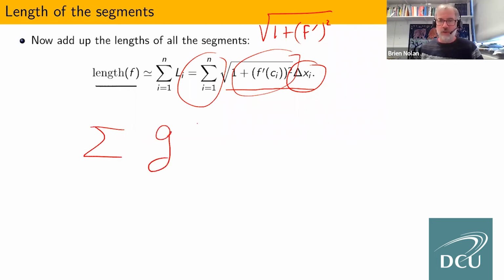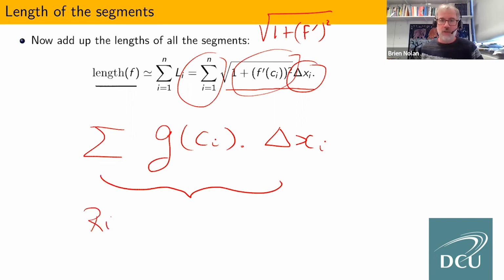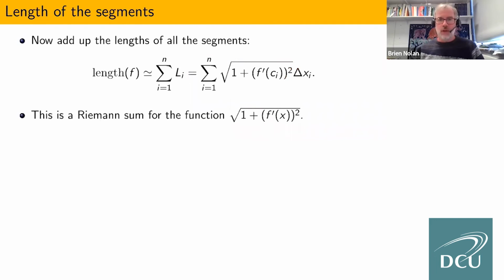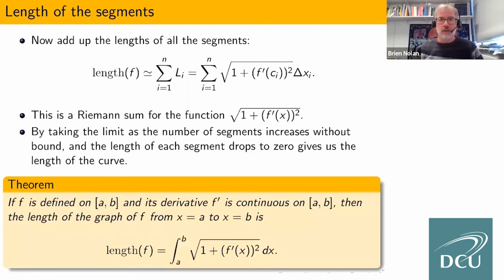We have some function, let's call it g, evaluated at ci's, and we have delta xi's. And that, of course, is a Riemann sum for g. What g? This g. Okay, so that's a Riemann sum for the function square root of 1 plus f prime squared, and it gives us